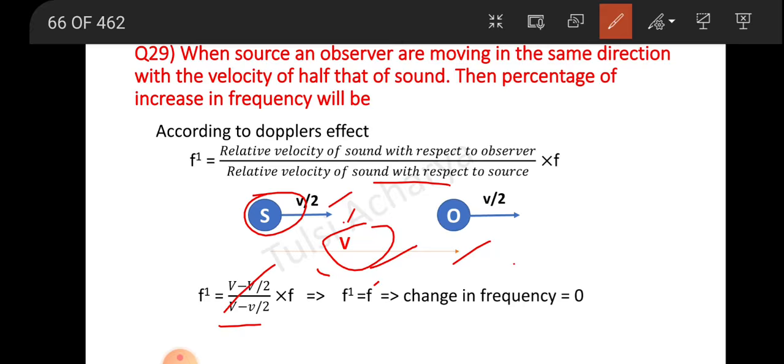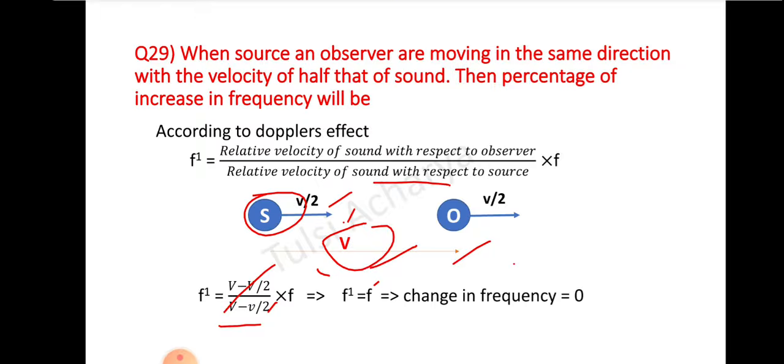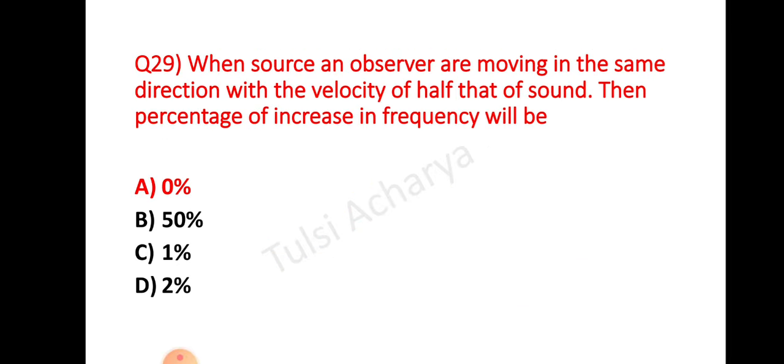Now these both are same, so they cancel with each other. The apparent frequency will be exactly equal to the natural frequency, so the change in frequency will be 0. If the change in frequency is 0, then the percentage increase in frequency will also be 0%. Now let's move to question number